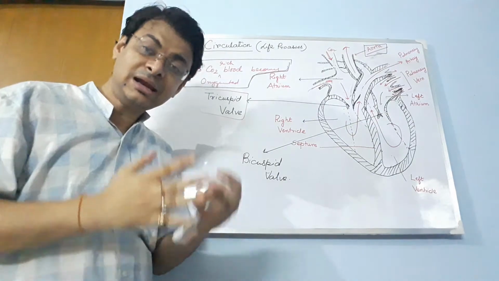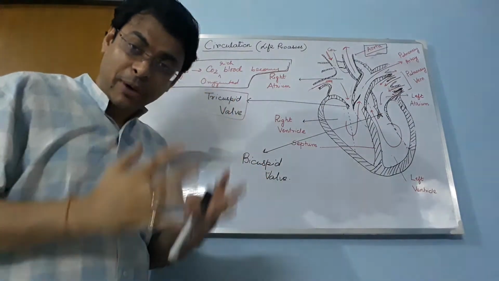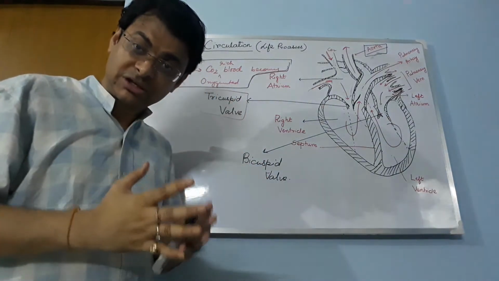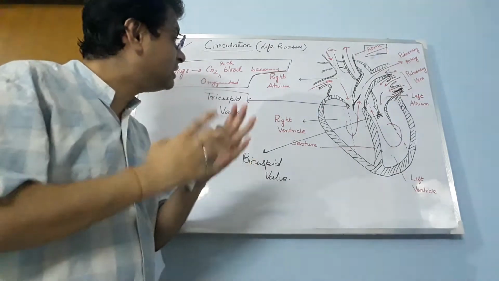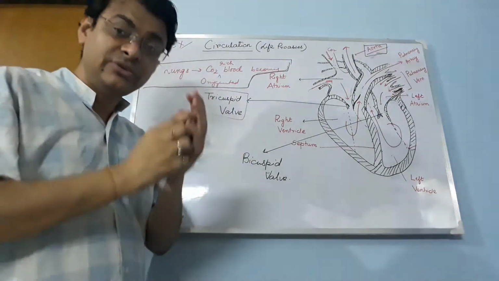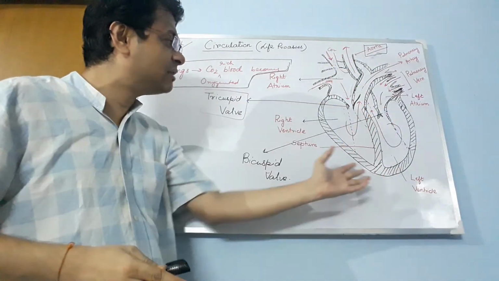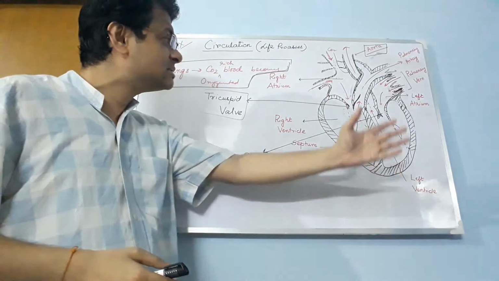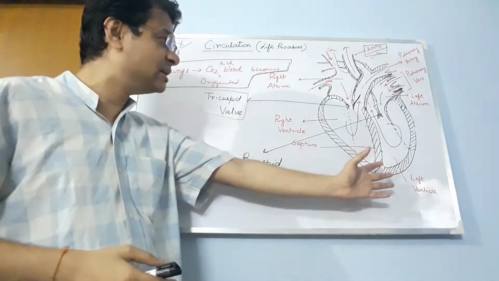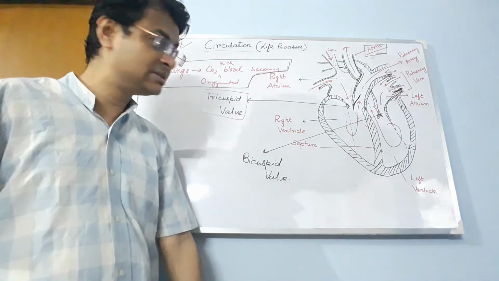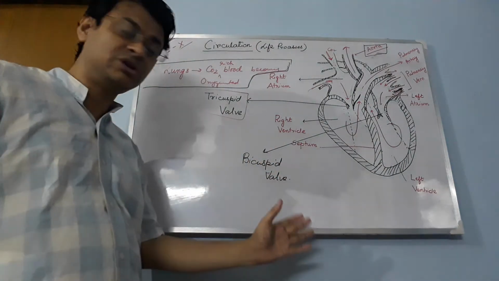So I again tell you the path of human blood circulation. Please have a deep note on it. This is very confusing because from the diagram you will not understand anything. There are so many things here, and I couldn't mark all of them. So I tell you, please note it down.